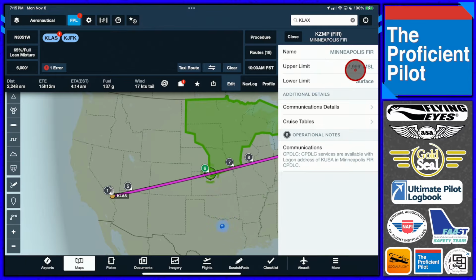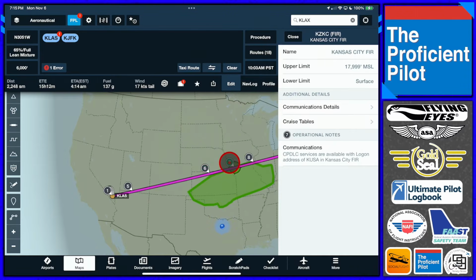The upper limit is 18,000 feet. Lower limit is the surface. So that's the lower part of Minneapolis Center. Obviously it would exclude the airspaces that would be approach control down low within those as well. If I click on ball note number 7, it highlights down here, and that's Kansas City Flight Information Region, and it's from the surface to